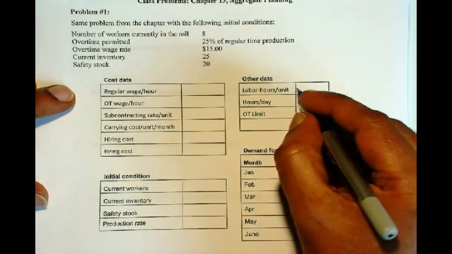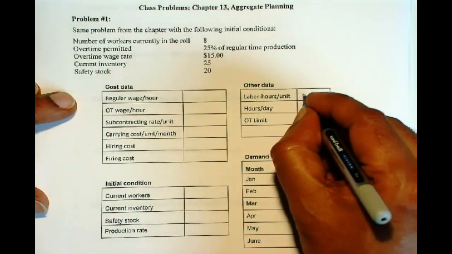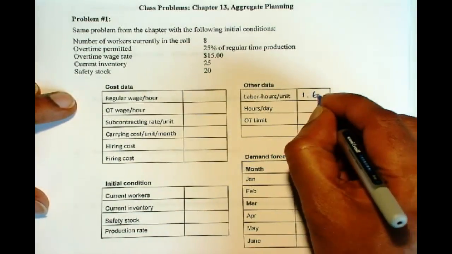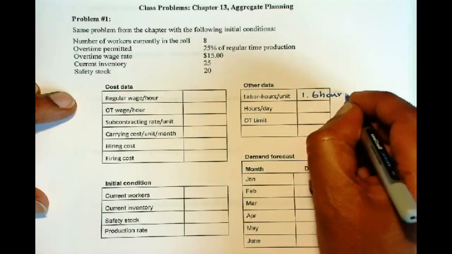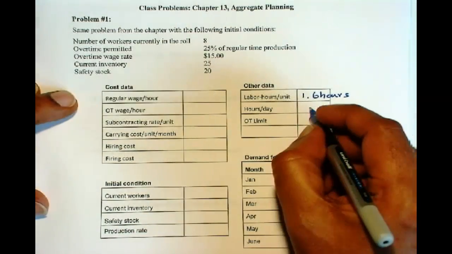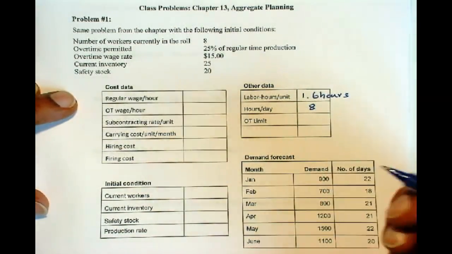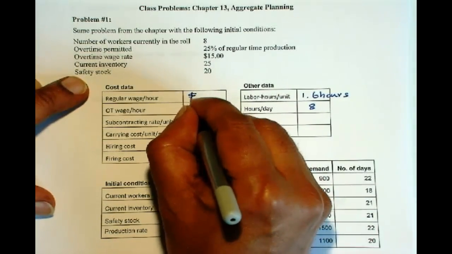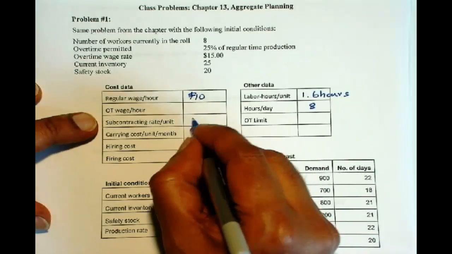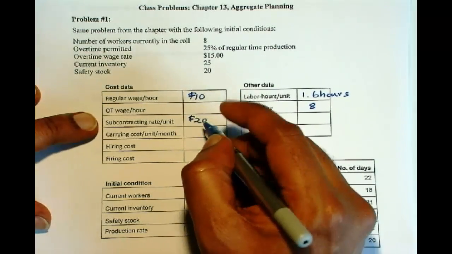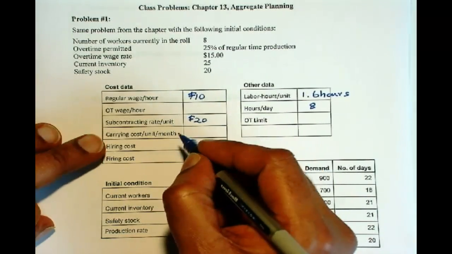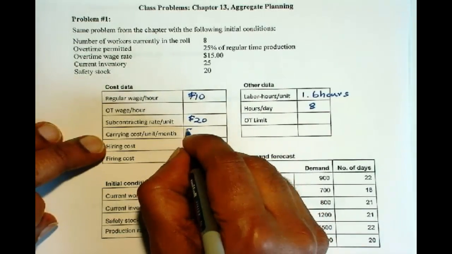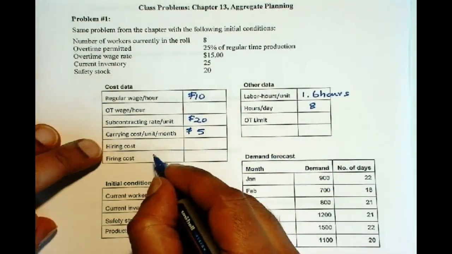the labor hours per unit is 1.6 hours. Hours per day is 8, and then regular wage rate is $10 per hour. Subcontracting is $20 per unit. Now, carrying cost per unit per month is 5. Hiring cost is per unit